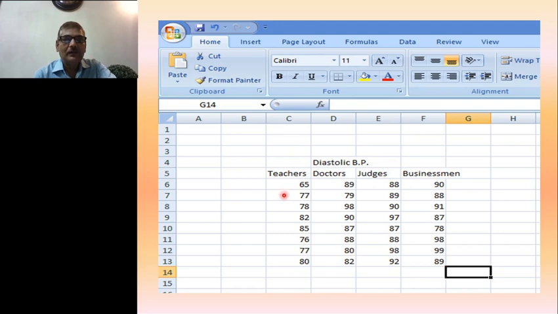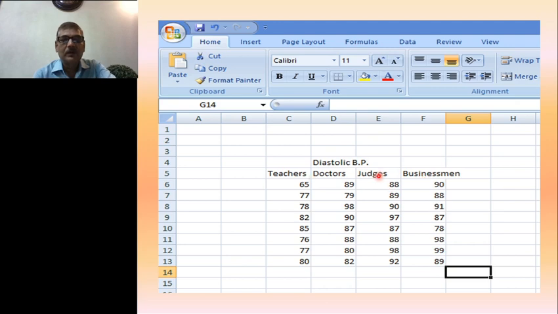Here I have taken one more example to explain the same thing. I have noted the diastolic blood pressure of 4 different groups doing different professions or business, like teachers, their diastolic blood pressure is shown, doctors, their diastolic blood pressure is shown here, 10 individuals, 1, 2, 3, 4, 5, 6, 7, 8. Okay, only 8 individuals from these 4 different professions have been considered.